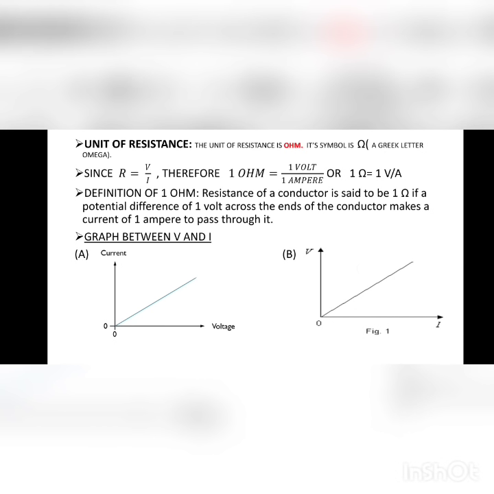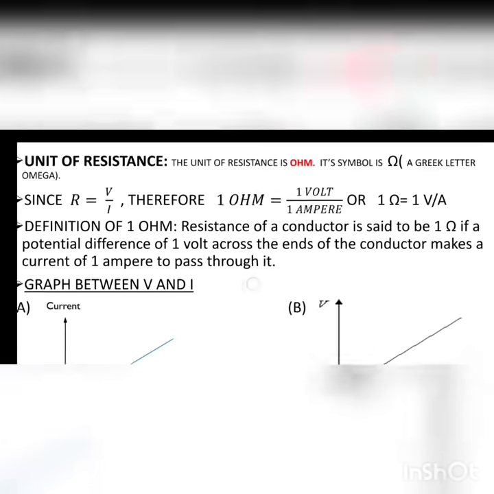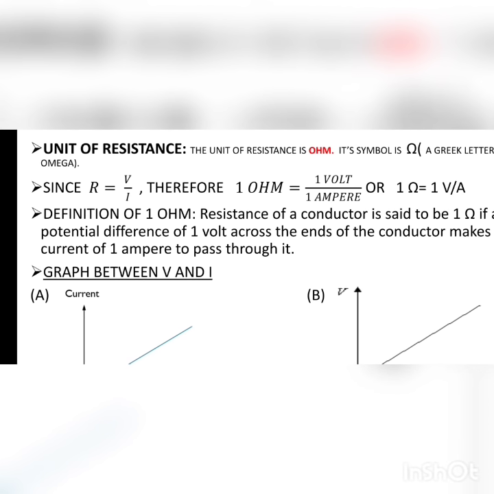Now going on to the next slide, let's talk about resistance, capital R. I told you that R is V by I. Now many people will say that if I vary V, R also varies. Fine. That's not true. If I vary V, I varies accordingly, and thus R remains constant for a given material. Fine. So you cannot say that if I am changing V, I remains the same. So that's why if V changes, I also changes, thus keeping R constant.